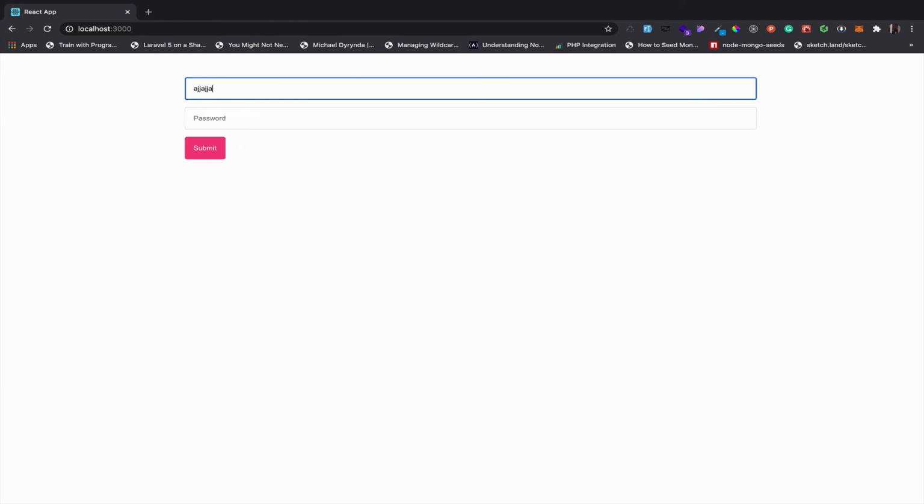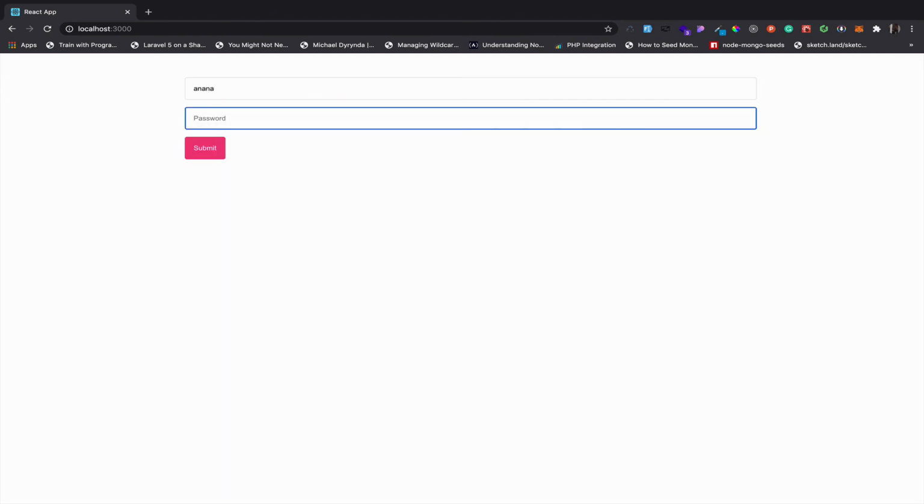When I fill the name input and cancel what was entered, it shows "Field is required". That is the validation error. Let me fill it, and when I go to the password input and type, it is going to tell me "must be at least 5 characters" when there are less than 5 characters. And when I clear everything, it is going to show "Field is required" for the password input.